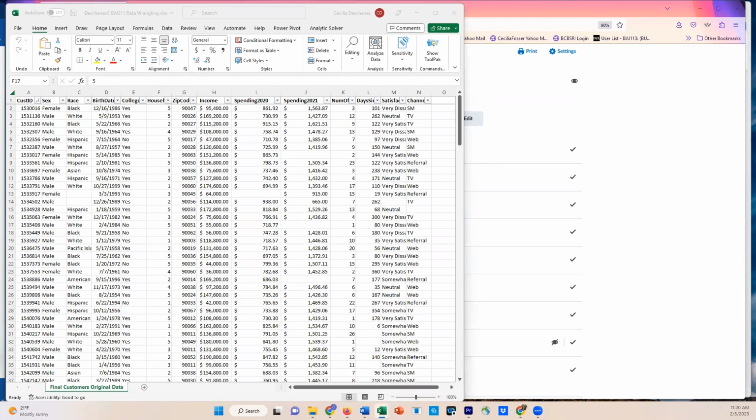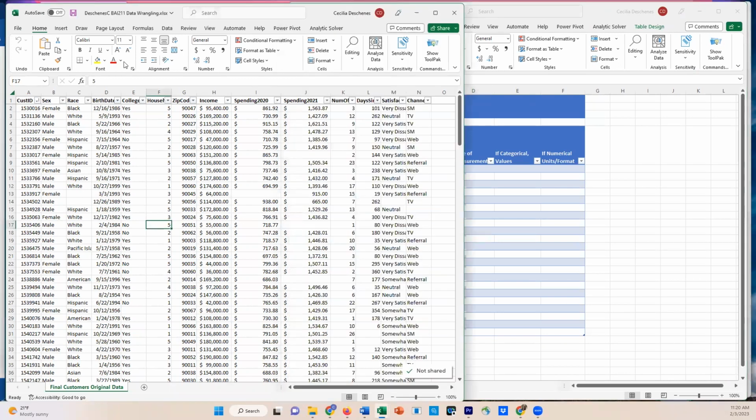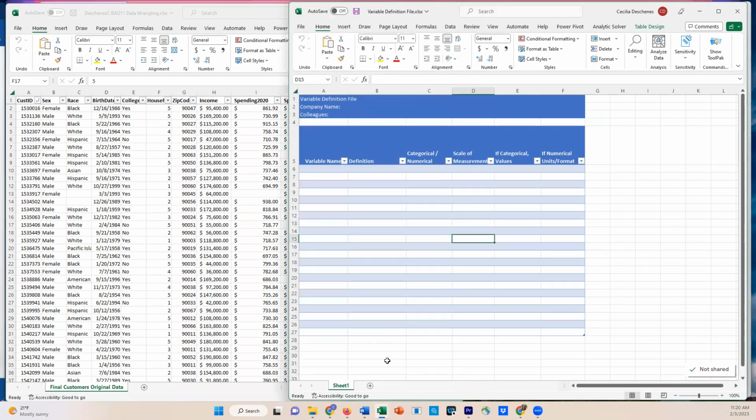Well, not side by side, one on top of the other, so to speak, because I want to put a copy of this worksheet into this workbook, which currently just has one worksheet in it called Final Customers Original Data. Okay, so I'm going to go over here on the right to the variable definition file and down to the